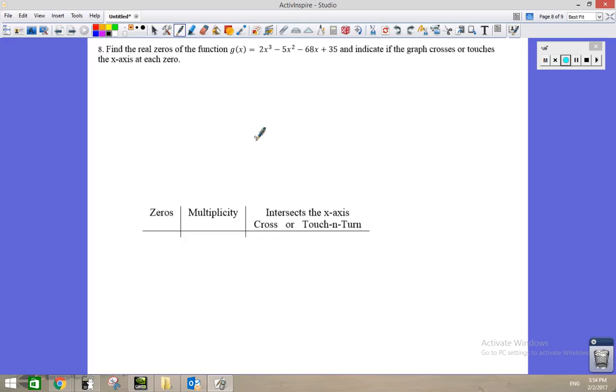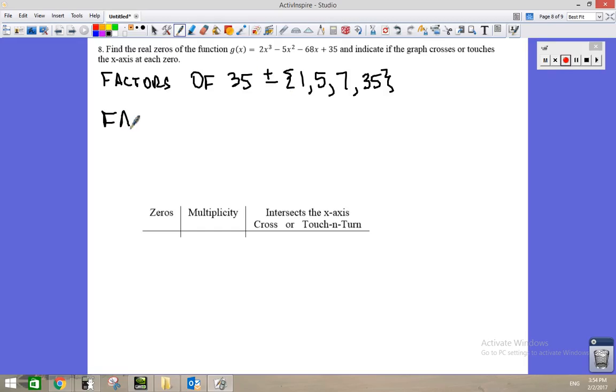Now, I don't have any tricks or anything to factor this, so I'm going to have to use my rational zero theorem. I need to look at the factors of 35. The factors of 35 are 1, 5, 7, and 35, and of course plus or minus in front of each one of those numbers. Now the leading coefficient is 2, so we have factors of 2,